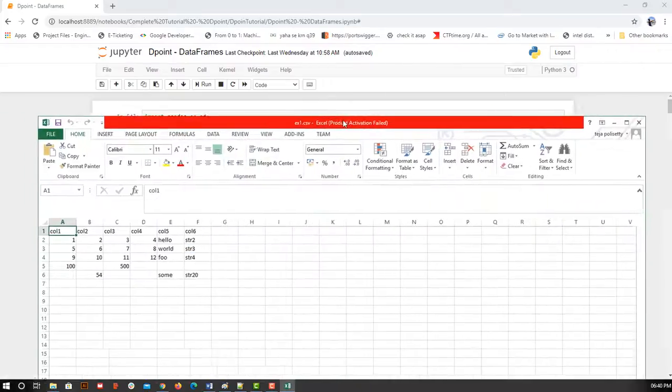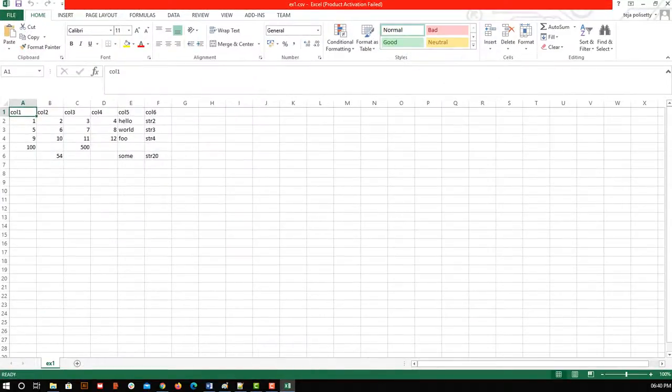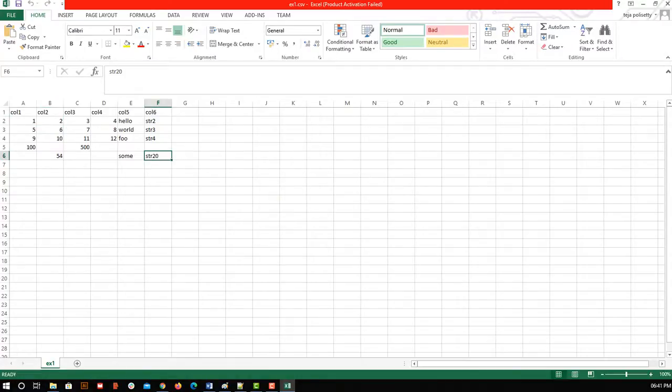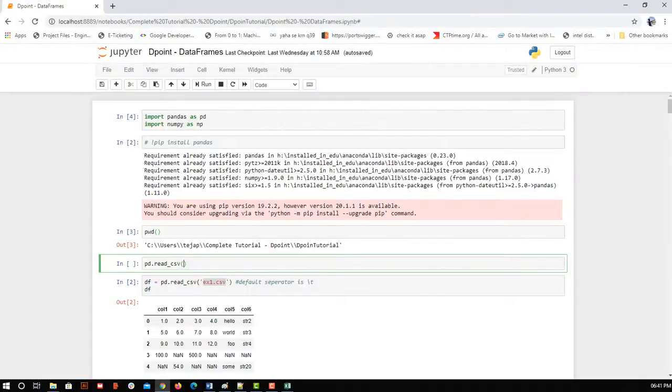In this sheet I have written the data in such a way that we could cover all concepts. I have given some empty values, and I've used different data types like string and numerical, and made sure I've given the header values. So we are going to manipulate all these things. If you want to take a screenshot you can. This is what we are going to manipulate in our Jupyter notebook. Now I am inside the function, so I know the file path needs to be given, so I'll give that: example1.csv.